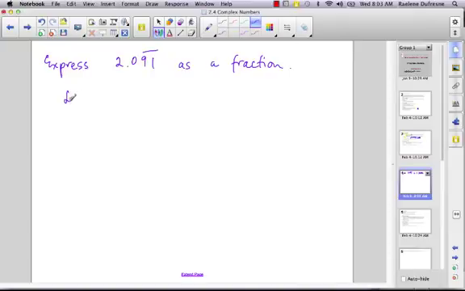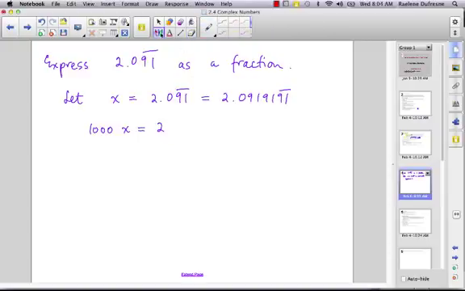One strategy to do this is to let x equal 2.091 repeating, and then we recognize that if we multiply by 10, we move the decimal 1 to the right. If we multiply both sides by 100, we move 2 to the right. And if we multiply by 1,000, we move the decimal 3 to the right. Well, let's just multiply by 1,000. Let me express this as 2.0919191, and I'll put the bar for the repeating over one of these 9 1s. So if we multiply by 1,000, we get